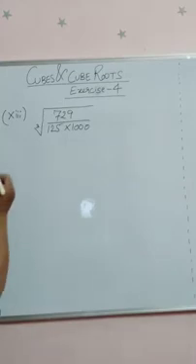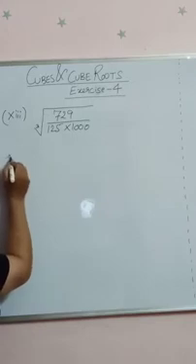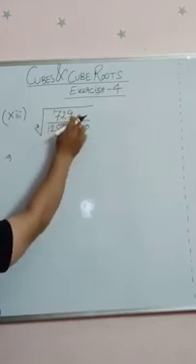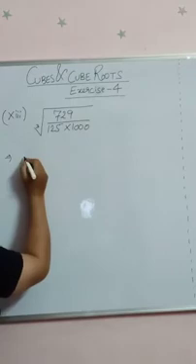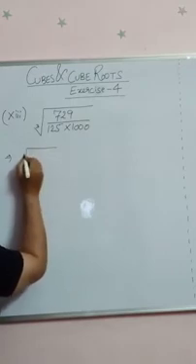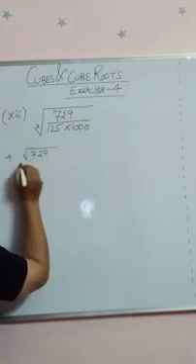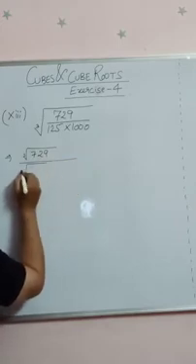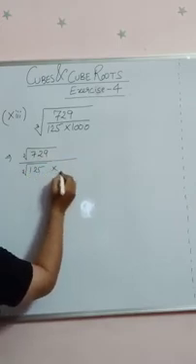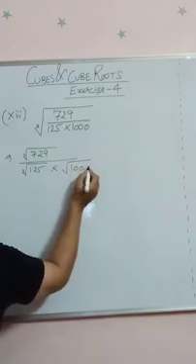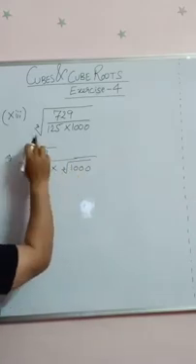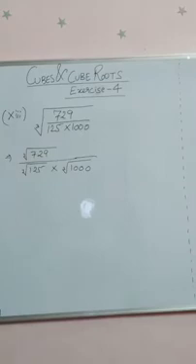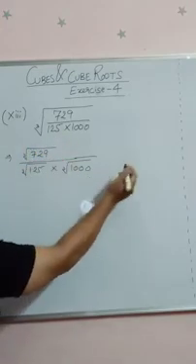So what we are going to do, we are going to distribute this root over each term in the fraction. So I am going to rewrite it as the cube root of 729 upon the cube root of 125 into the cube root of 1000. So see what I have done. I have distributed the cube root over the numerator and denominator. Even in the denominator, it has been distributed individually in the product. So let us find the factors for 729.